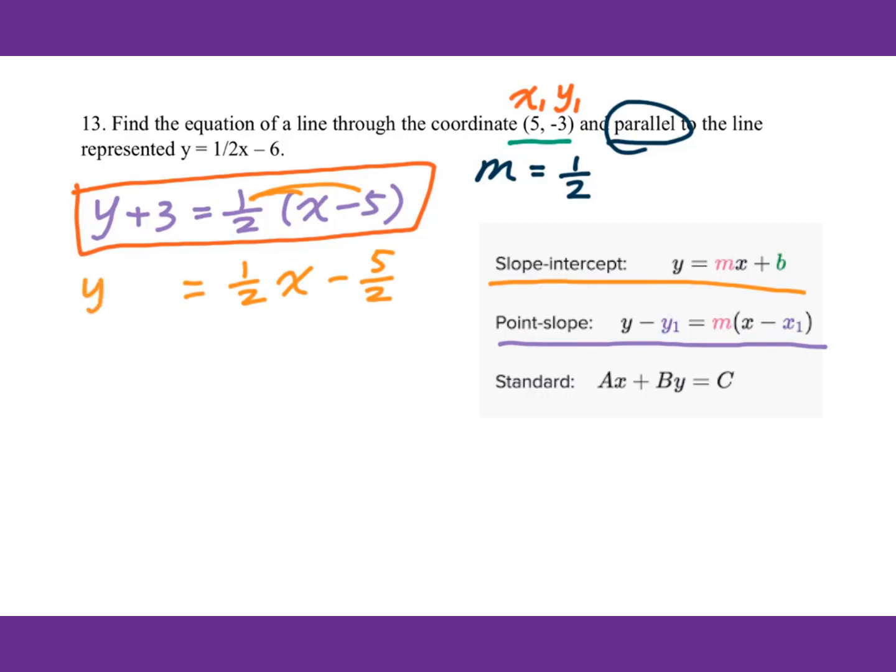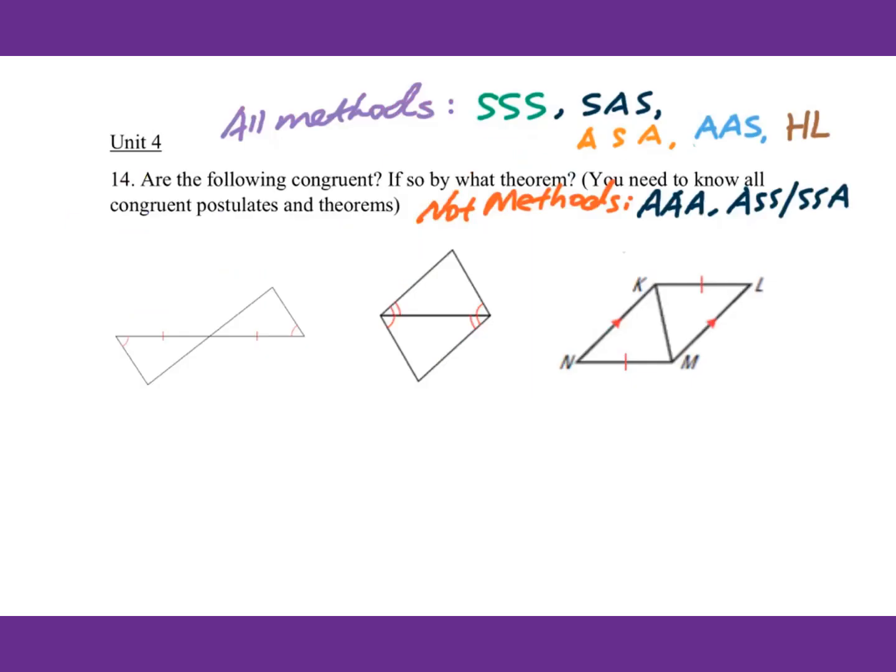This side is y plus 3. Then you minus 3 on both sides. You will get y equals 1/2 x minus 11/2. For congruent triangles, the methods will be